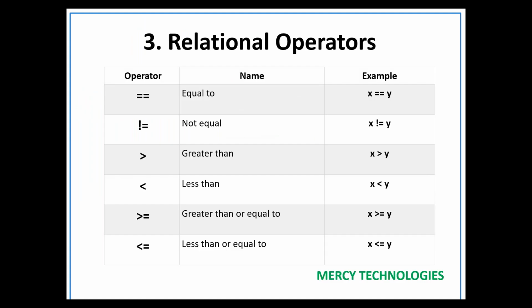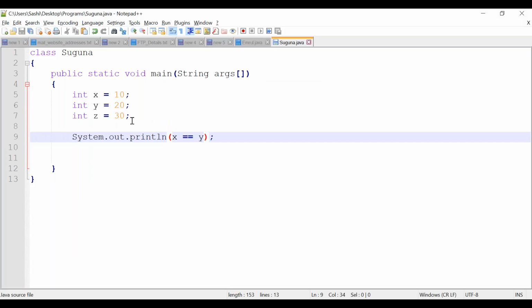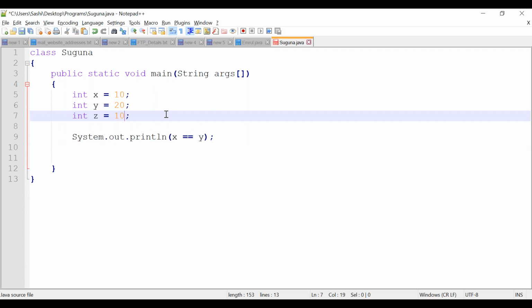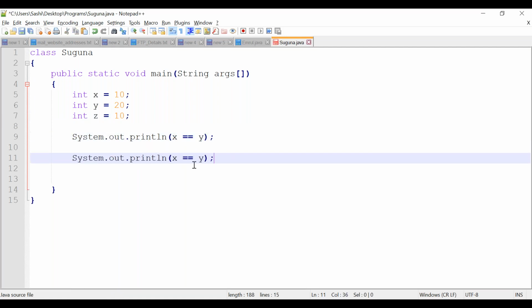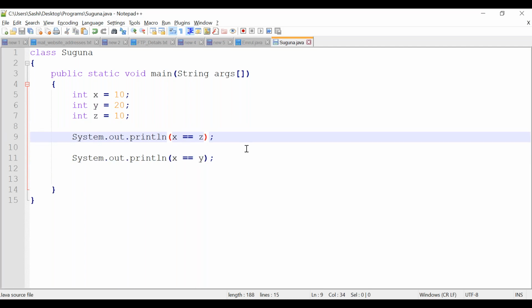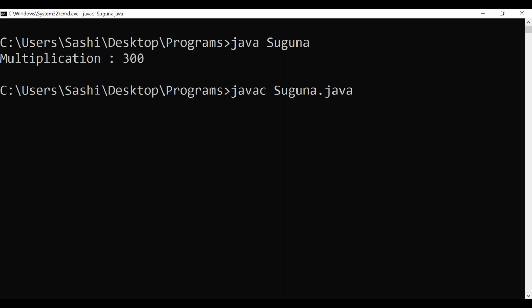Let's go back to our slide. With the equals operator, I am checking whether x is equal or not. Let's make z also 10. I am going to check one more thing, so let's make it z. Let's recompile the program.